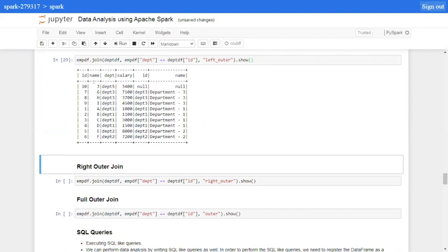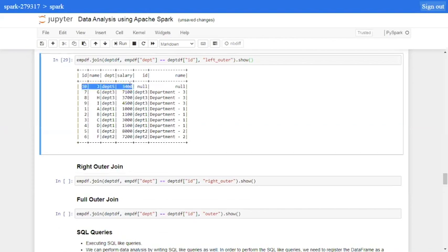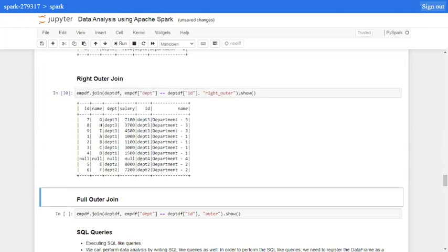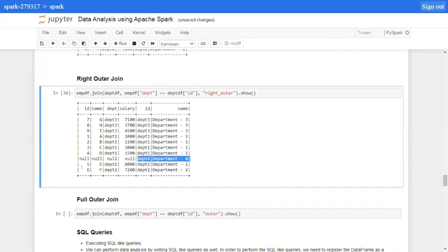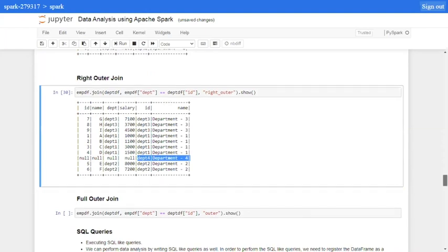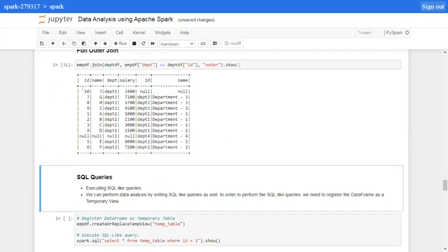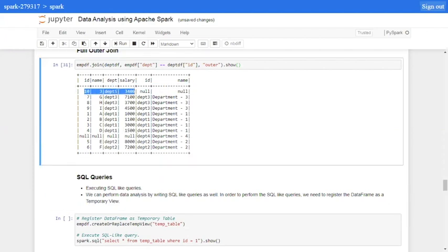With the left outer join, you have some records which are present in the left side table, and we don't have a corresponding ID, so we got null. So this represents the left outer join. For the right outer join, we have some records with department 4 in the department table, but we don't have any record corresponding in employees. So we got null for the left table, and outer join is literally the union of both of them. So you get all the records from the left side of the table and all the records from the right side of the table. Okay, so this is how the join works with the data frames.